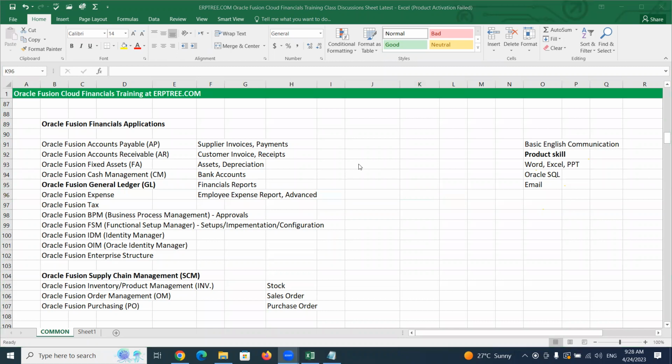So that's how we design this course. Now you are going to learn about this course. You learn about this product. When you get into the real project, how you can manage, because we are very new to that project. You never did any project. You know about Oracle Financials. You don't know where to start the project, what